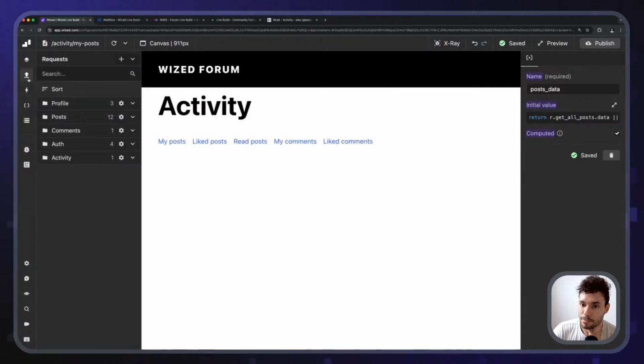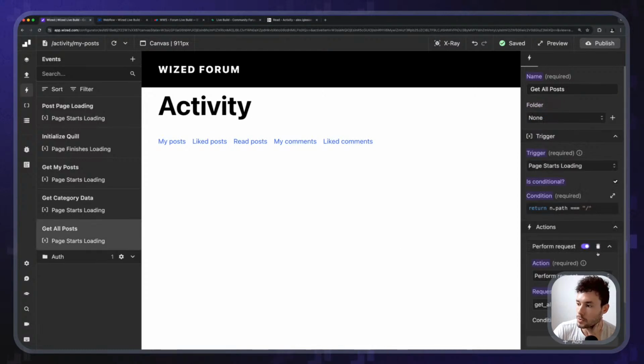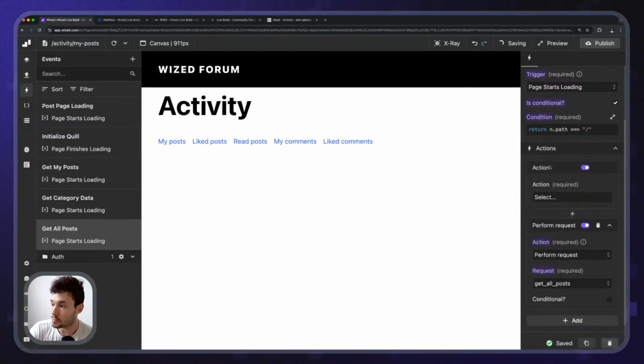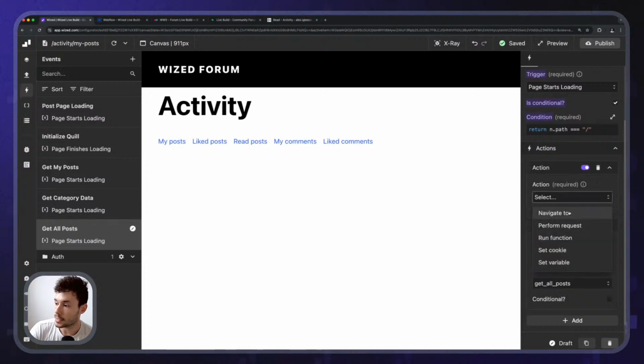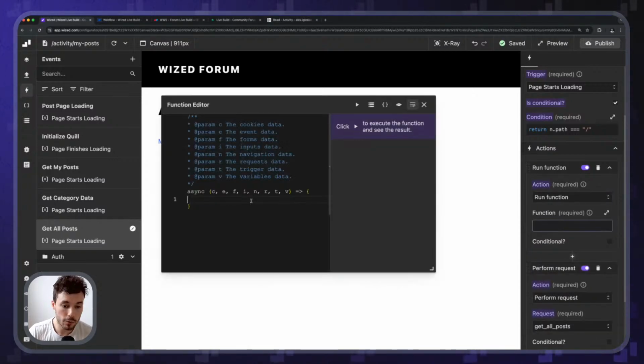So here, when getting all posts, first of all, we want to wait for the get user request to finish, right? I'm going to show you a trick on how to do this. Let's add an action that goes before that, and let's run a function. And that function, all it will do is await